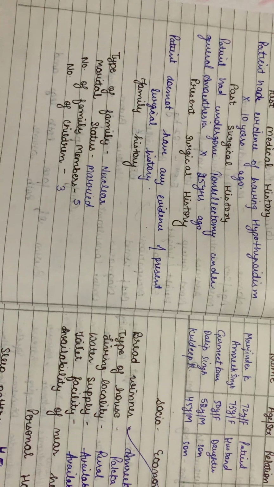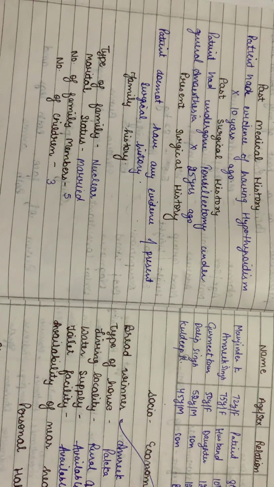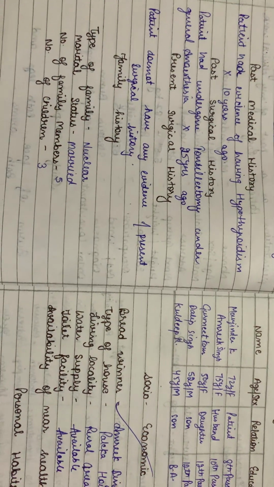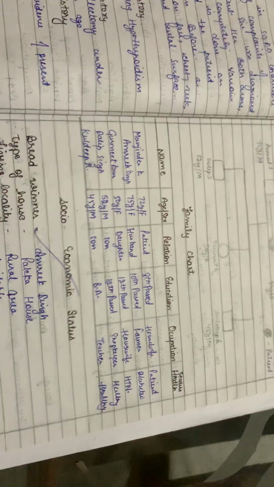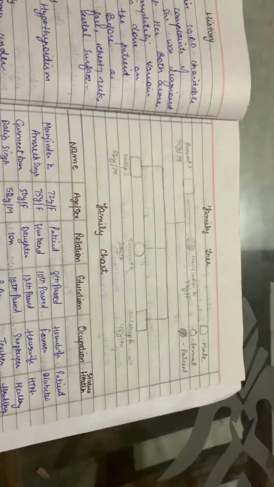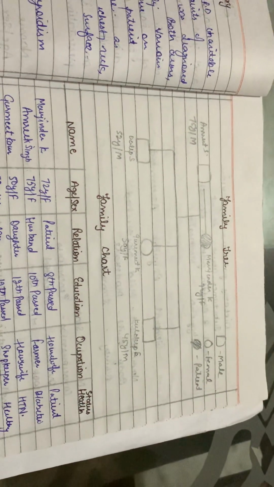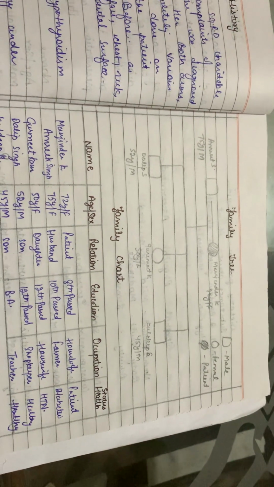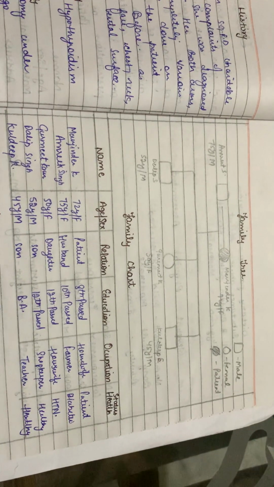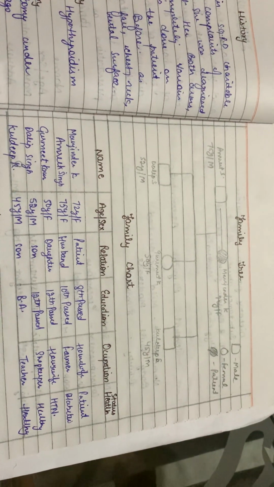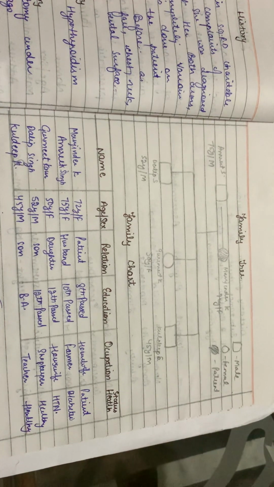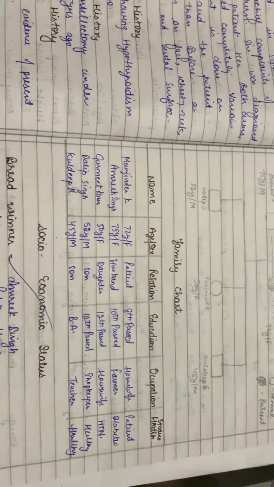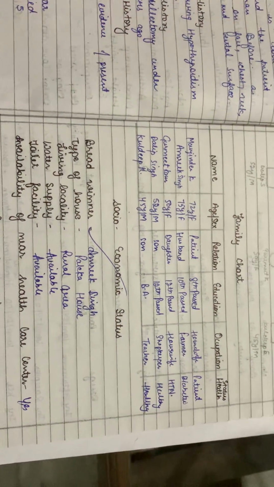Then there is a family history, that is, what type of family the patient has. Is he married or single or divorced or widowed, and how many family members are there, and how many live children. Then you have to make a family tree. The square one is for the male individual, and the circle one is for the female individual. And you have to shade the one circle or square that indicates who the patient is. Then you have to make a family chart,